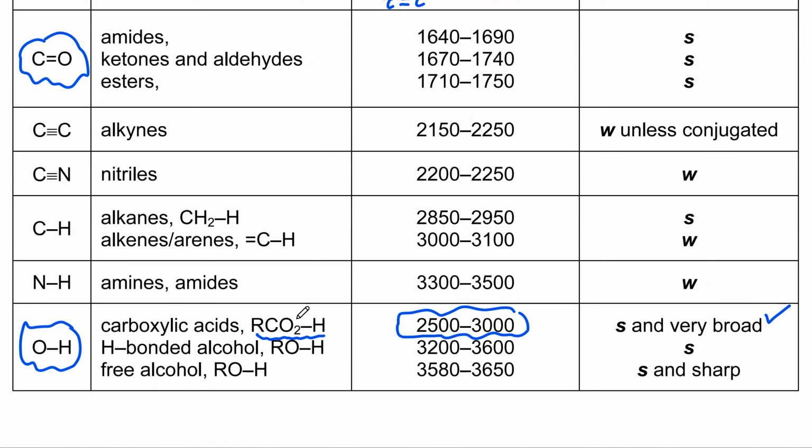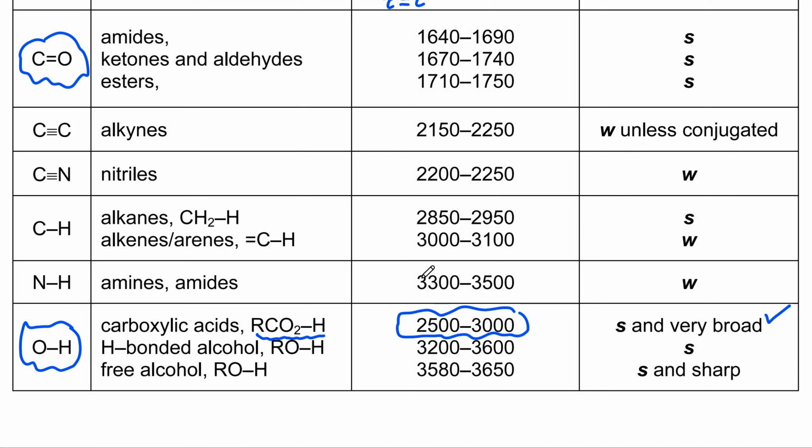OH belonging to carboxylic acid में भी OH है. And alcohol has OH. Achha, this alcohol, hydrogen bonded alcohol, is basically alcohol that's aqueous, ठीक है, mixed in water. Free alcohol is just alcohol, ठीक है. तो लेकिन उनकी absorption range almost same ही है, ठीक है, तो इतना कोई फर्क तो है नहीं. But anyways, you've got